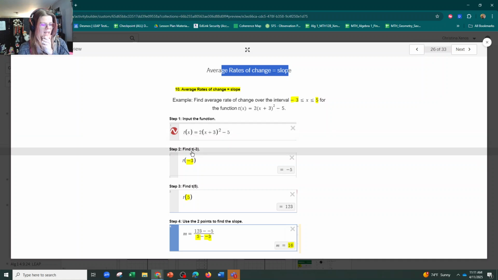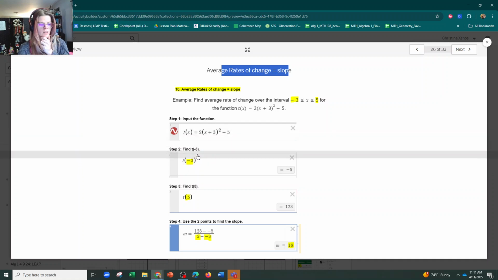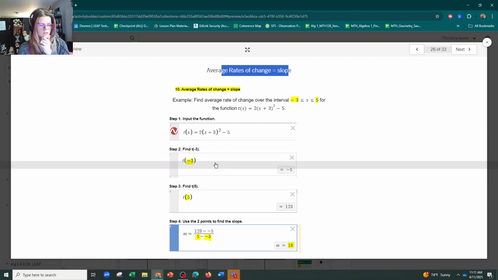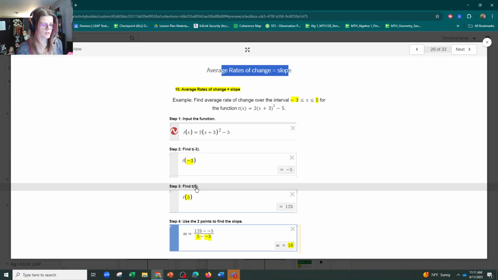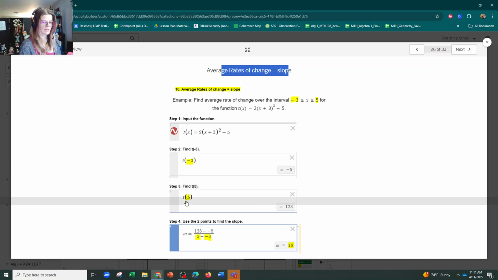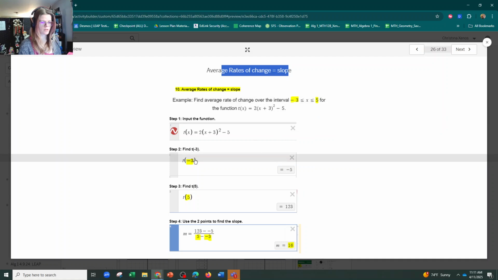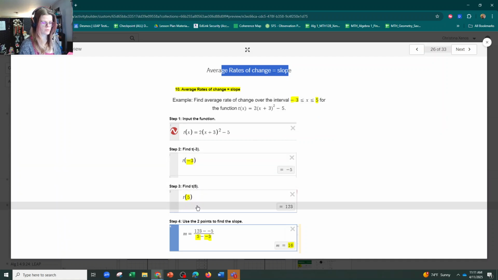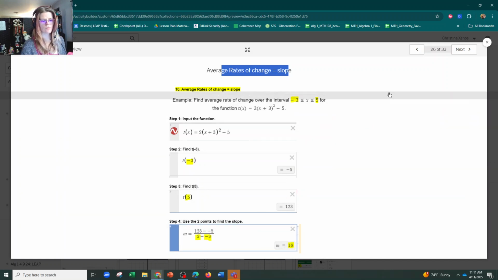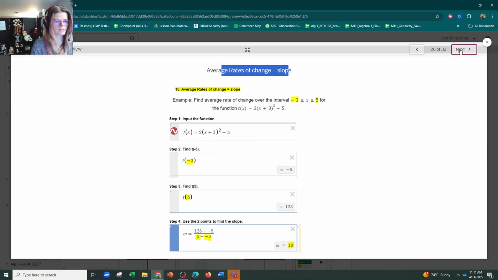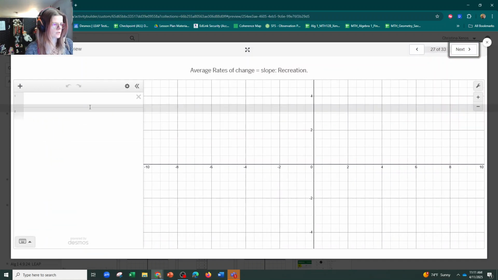We're going to find t of -3, our start of the interval, the function t, to get the output or y value. Then we're going to do it for t of 5. We're going to find the output when the input is 5 again. Notice that those numbers are the start and end of your intervals. And then your final step will be to take those points and put them in the slope formula. So let's do it. T of x